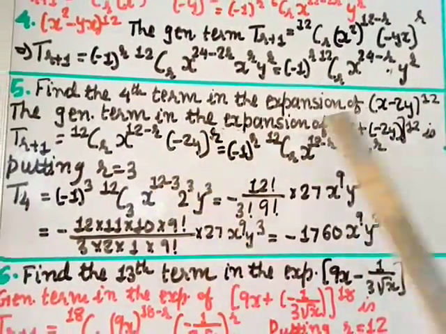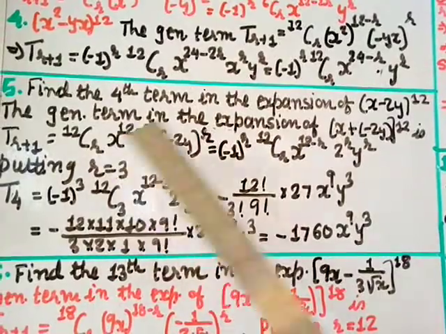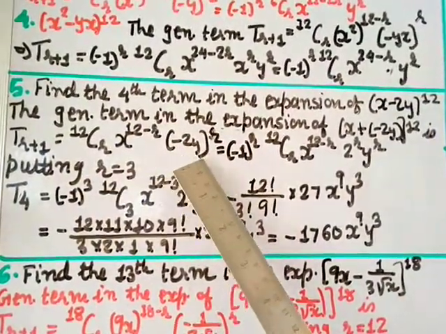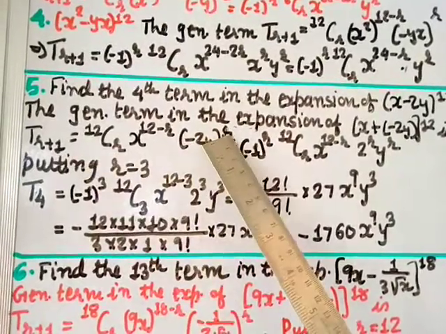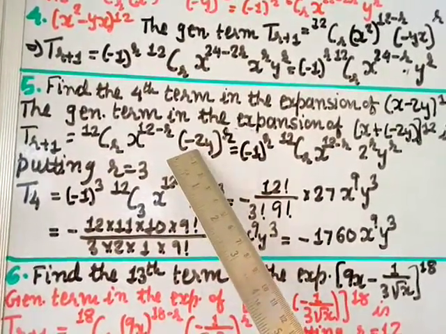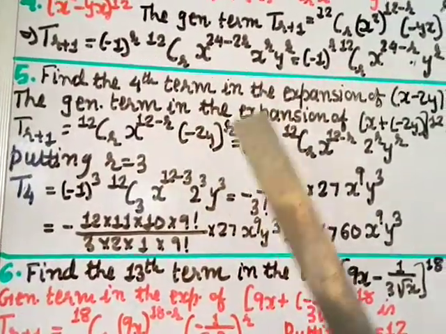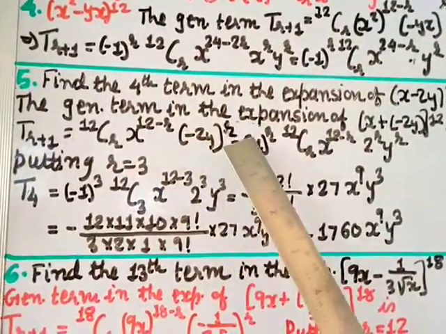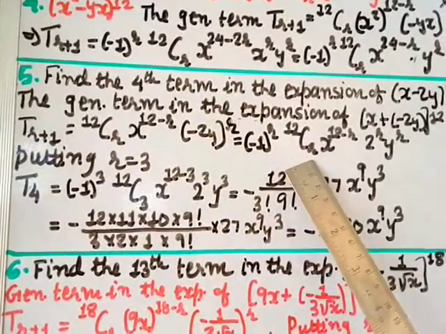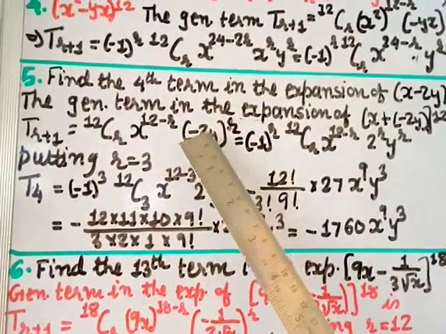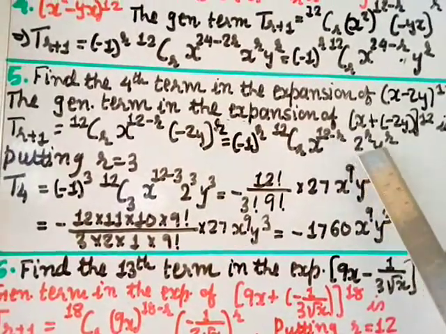Why? Because this x term is the first term, so x power (n minus r), and the second term, that is (minus 2y) power r. Okay, and then here minus is there, right, so this (minus 1) power r I can take out, just like previously. So here (minus 1) power r is taken out, 12Cr as it is, x power (12 minus r) as it is, this r power I have given to both 2 and y, so 2 power r, y power r.